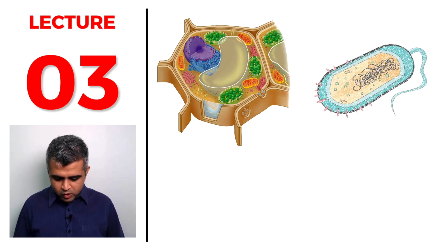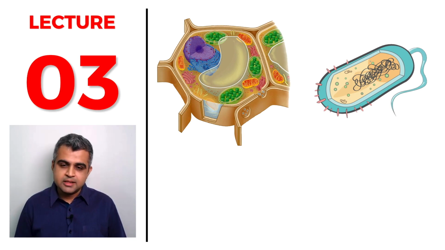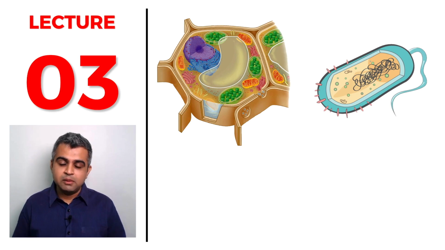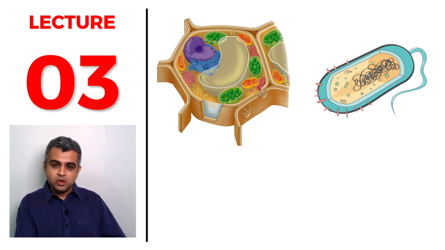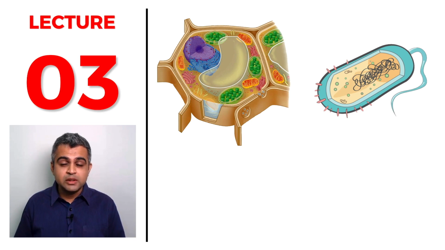Here, I also showed you this cell, which is a bacterial cell, which is much smaller as compared to a plant cell. And then here I explained to you that plant cells or animal cells have a lot of features, lot of characters which they want to pass on to their offspring. That means they have a lot of characters. If they have a lot of characters, what will they require? Lots of pages. If they require lots of pages, what will they require? Lots of DNA. If they require lots of DNA, that can be made into lots of books like chromosomes.